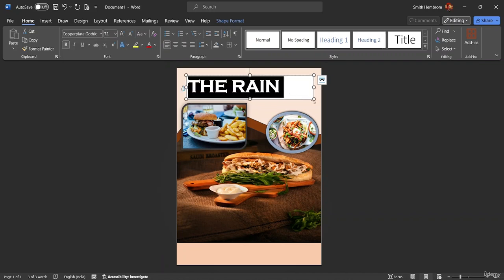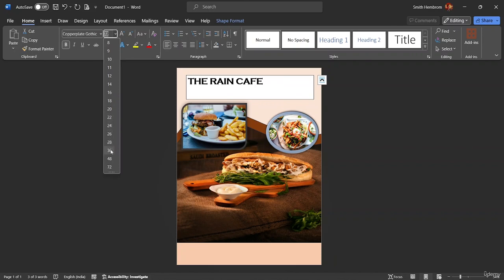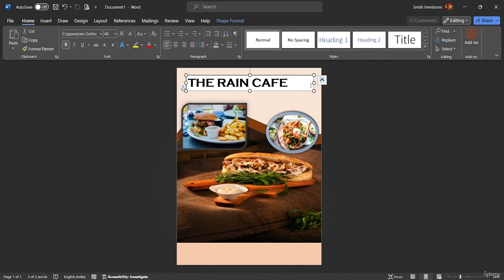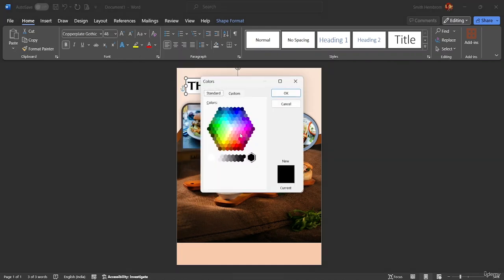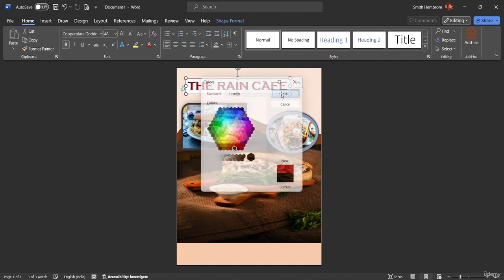Okay, so let's take this one over here, and I will decrease the size to 48. Okay, so 48 looks quite great, and I can decrease the size a little bit from here. And if I just want to move this thing, I will also be able to move it. If I want to give this thing a different color, I will be able to choose it from here. Suppose I want to give something in this dark color, I can come here